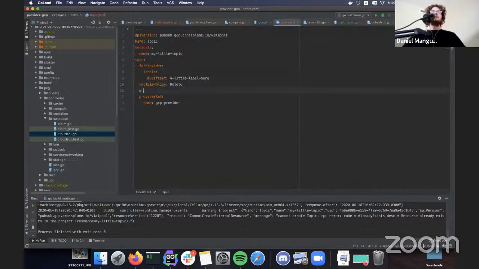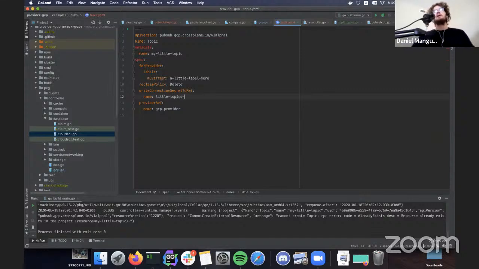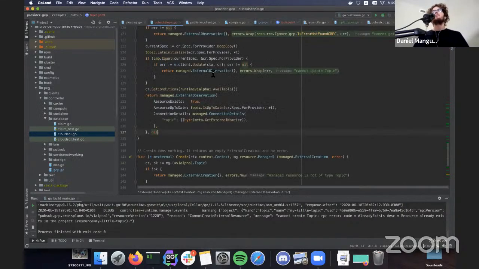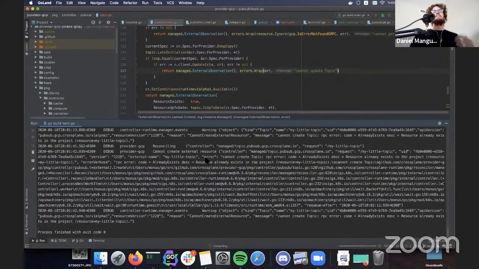One thing that I think is really intriguing here is that the connection secret writing is actually satisfying an interface for a connection secret publisher. Right now there's just one implementation, where we write it to Kubernetes secrets. But you could imagine publishing that connection secret to another system like Vault, which is something we hear frequently. So it's basically a generic way to say, this is the connection information that needs to go to wherever I store secrets, where my applications are going to consume from. And in this case, it's usually secrets. Sorry.